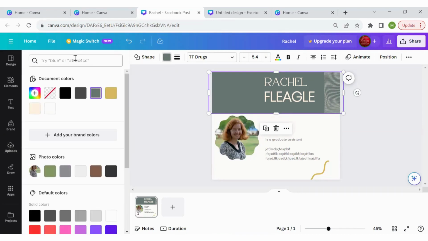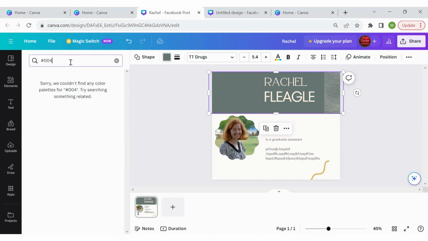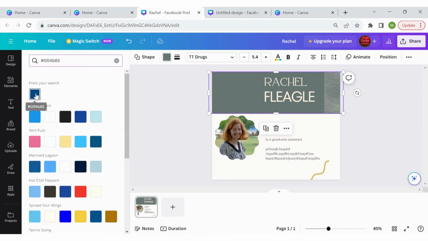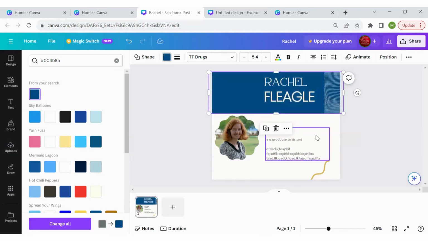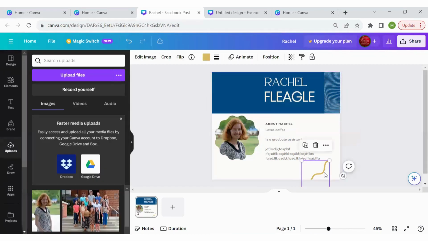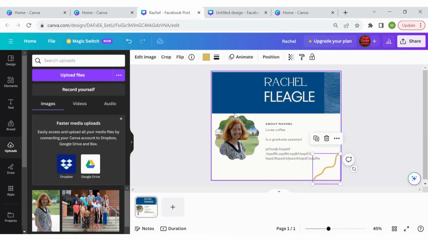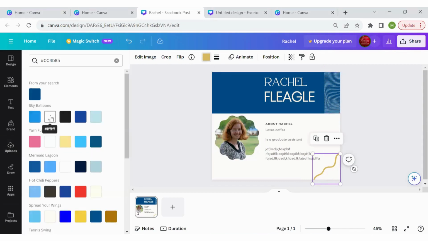By going to color and then typing in this number here, which you can find on Messiah's visual identity webpage, I have this color that will much better match the Messiah University brand. Going down here, I can also select this element. I may want to change it, and then I can also change the color. And I will make this